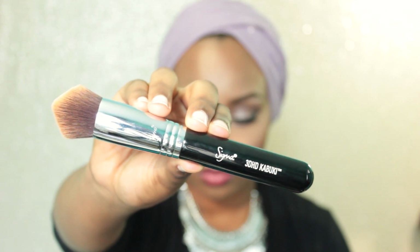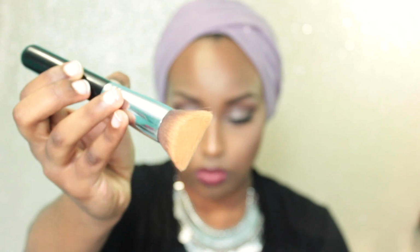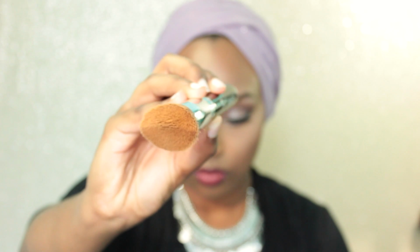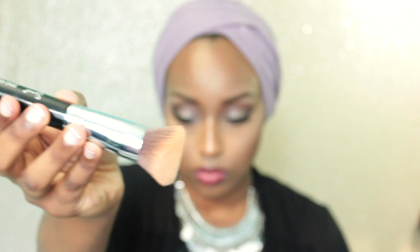Next, I'm going to show you my favorite brushes of the month. So this first one is by Sigma, and this is the 3D HD Kabuki brush, and it looks like this. And basically, before I got this sent to me, I thought it was just one of those gimmicky, weird products, and I was like, what the hell are they starting to come out with now? But I have been obsessed with this lately, especially for when I'm trying to get around my brows,